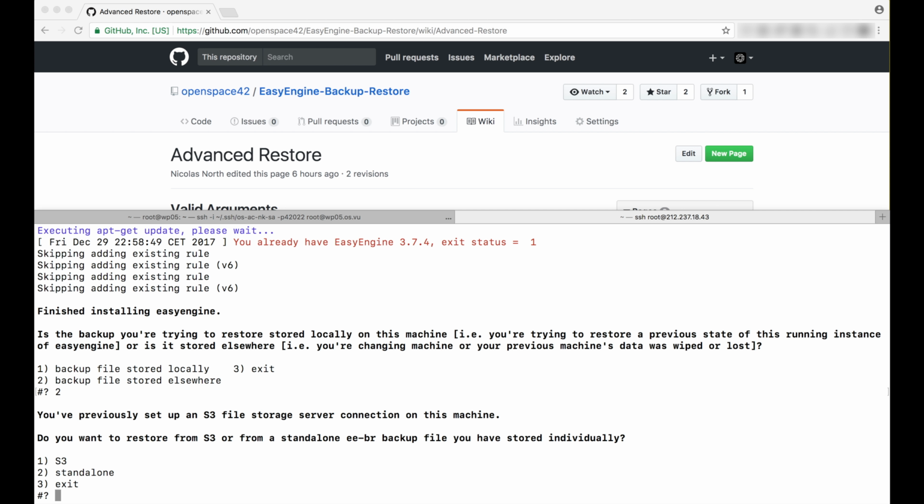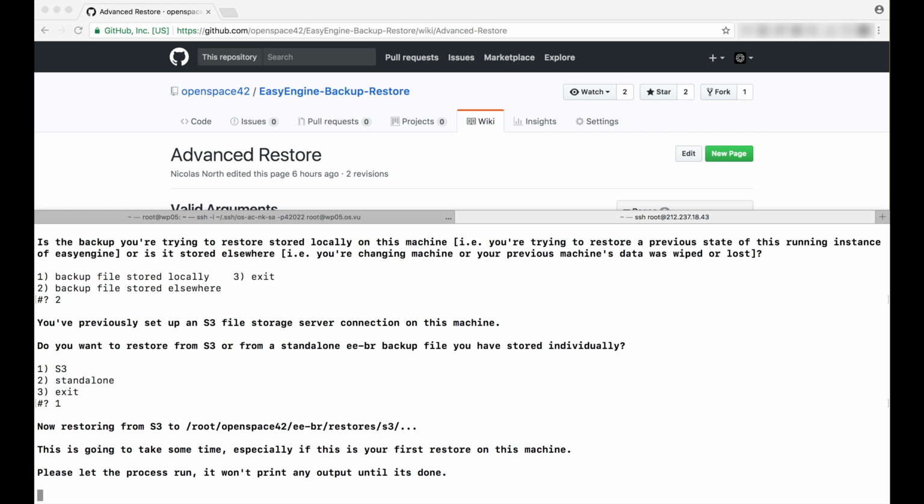So if I had a standalone archive, say I've SFTP'd a local archive from my old server to a backup server, or I downloaded one once, or I had it added to my Nextcloud storage server or whatever else, I can actually feed it the tar.bzip2 file now, or even if I don't have the archive, I can feed it the actual individual folders, the content of the archive. So if for some reason you ever downloaded an uncompressed backup, you can also do that now. But for now, I'm going to choose S3,